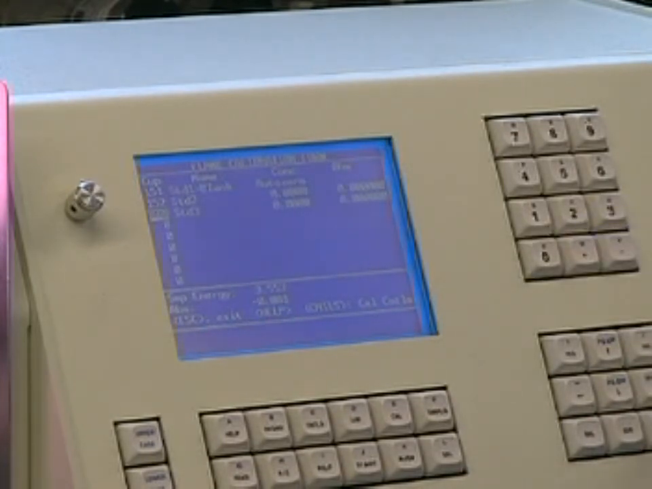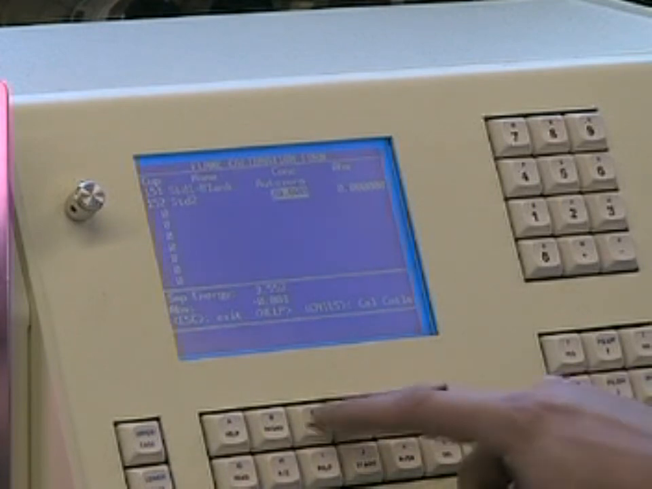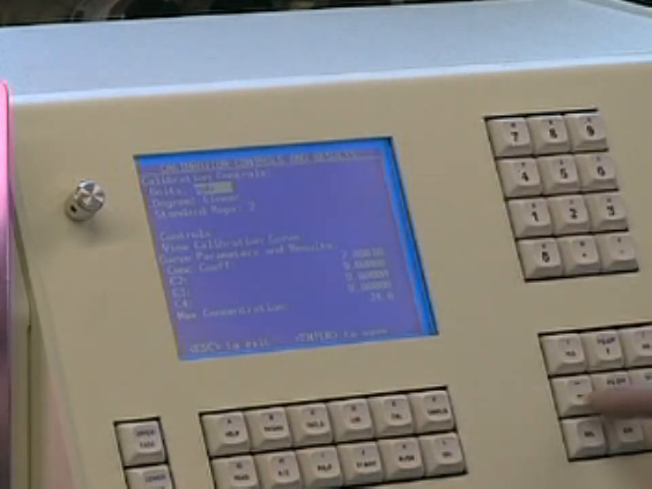To add standard cups, just enter in a cup number in sequential order, and you could add as many standards as necessary to achieve a good calibration curve. Scroll up to our low standard, enter in 20.0 in the case of barium, enter. Press the controls key. Make sure we're set for part per million in the unit, press enter, and in this case with a single standard,